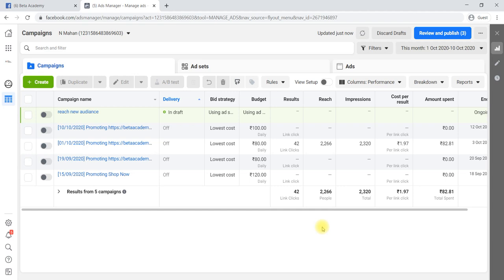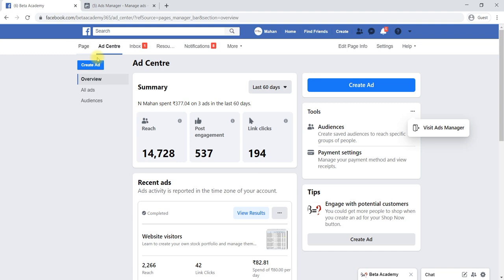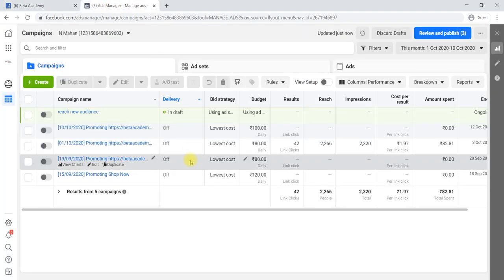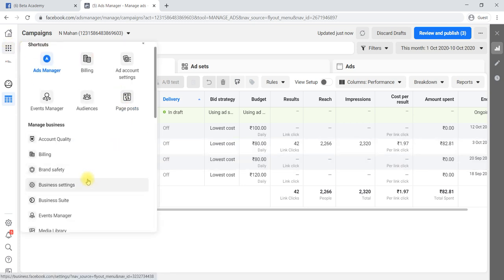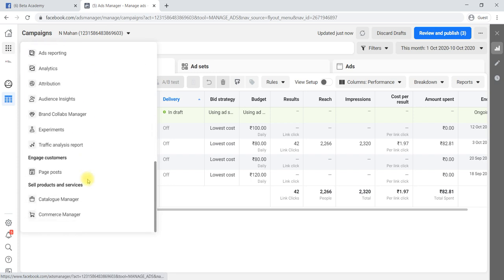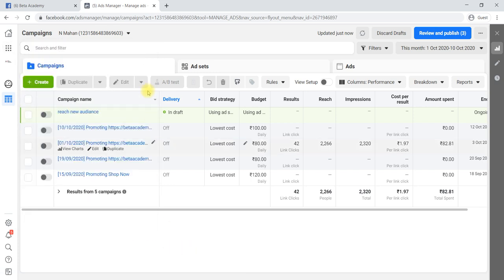So far, we have discussed in detail everything from creating an account, page creation, page optimization, and SEO for your Facebook page, then creating an ad by using the ad center itself. Then we learned much more about ad analysis by using the ad manager. In that, different ads we have selected here. Analysis, ad manager, insights, everything we have learned. This is for the ad management.